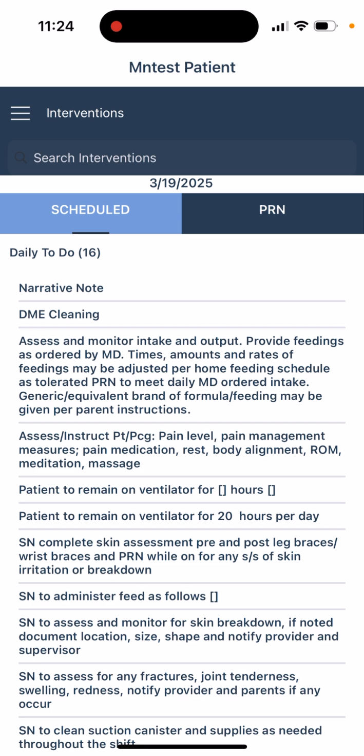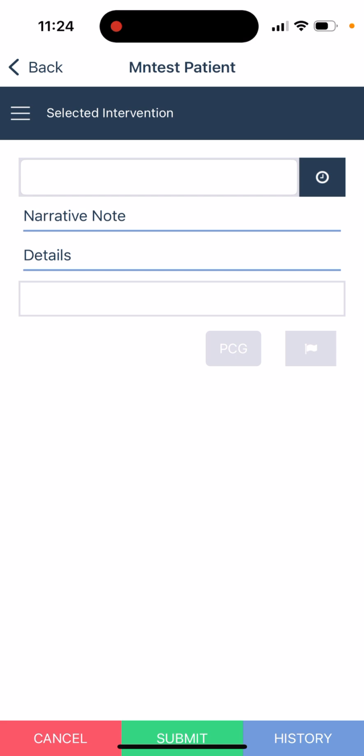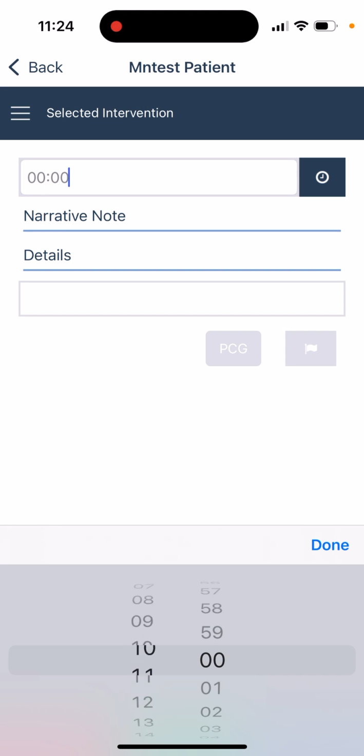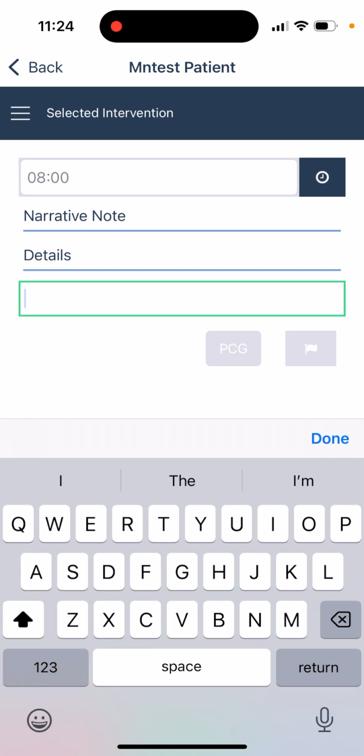The big thing is the narrative note. We'll talk very quickly about the narrative note, but that's a requirement every couple of hours. So if your shift starts at 8 o'clock, your first note will be dated and timed for 8 o'clock. For your narrative note details, okay. Once you have your narrative note,